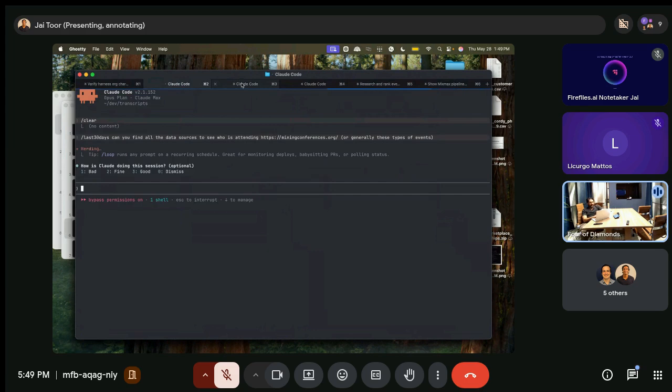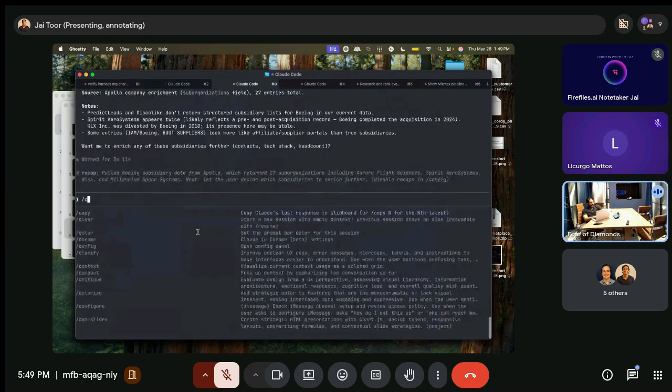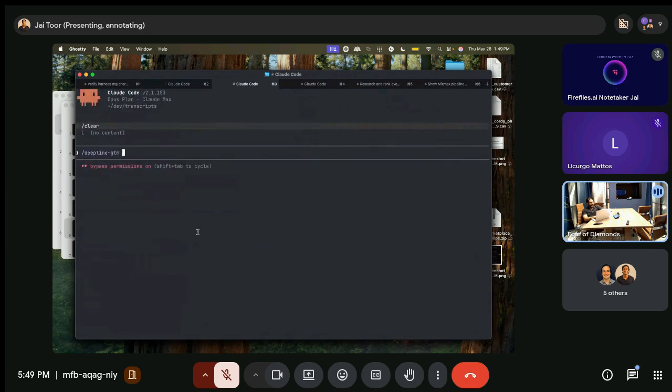Cool. So that's going to check social media. And then I'm going to do clear Deepline GTM. Can you find all social media, see LinkedIn references for Mining World conference in London, not the Peru one.